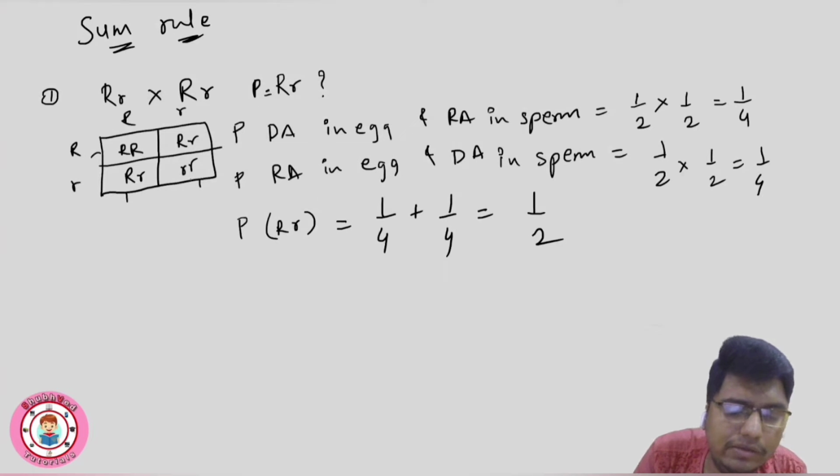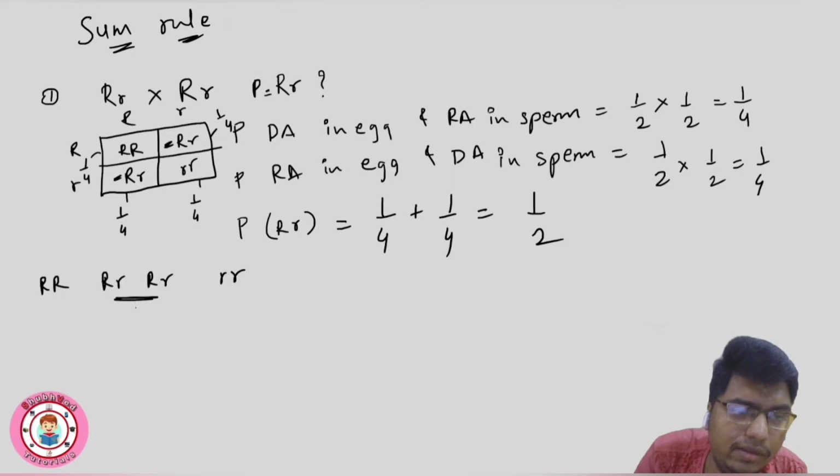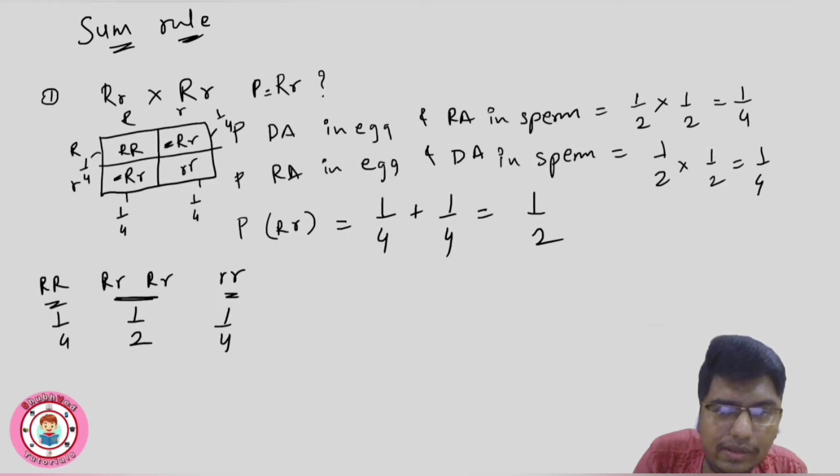that's why I have drawn Punnett square to explain you. See, this is 1 upon 4, right? This is 1 upon 4. This is 1 upon 4. And this is also 1 upon 4. But what we want to consider? We want to consider this and this. So 1 upon 4, 1 upon 4 means we can say half, right? See. So heterozygous, half. And these are homozygous, dominant and recessive. But whole homozygous if we take, and that is also half. So heterozygous 1 upon 2, right?